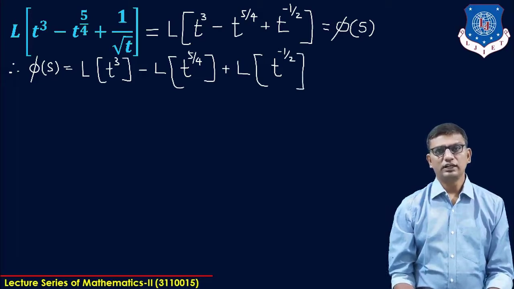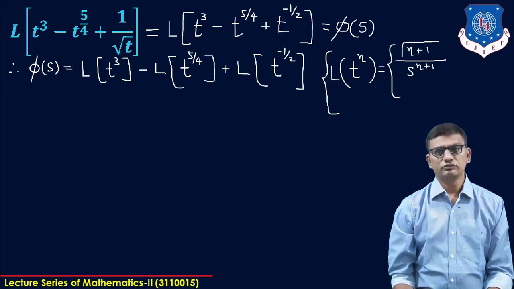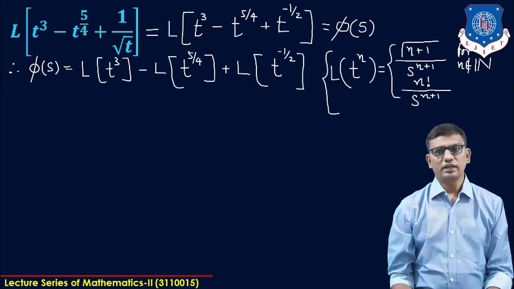Now we will apply the formula. Here our formula is Laplace of t raised to n equal to gamma of n plus 1 upon s raised to n plus 1 when n does not belong to capital N, which is the positive integer set, and n factorial upon s raised to n plus 1 when n belongs to capital N, that means n is a positive